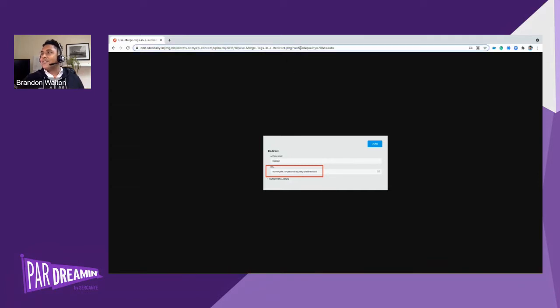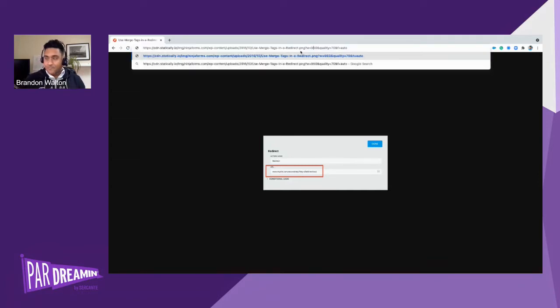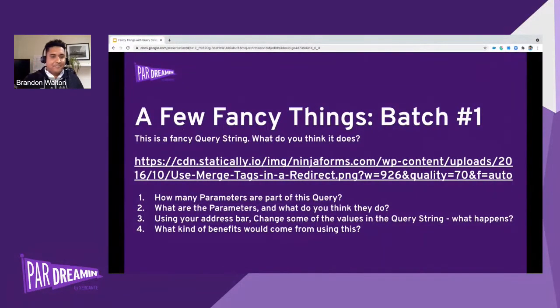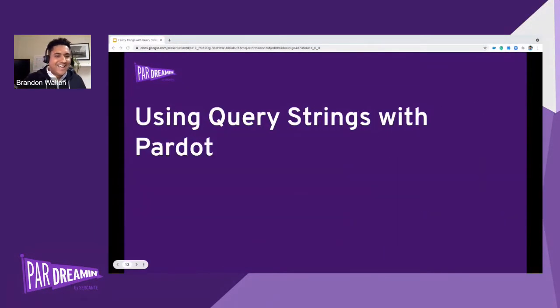Also, what I like about this one, and why I wanted to share it with you all, is that this is a Ninja Forms example on how to connect Ninja Forms with a query string based URL. The idea is you have a form that lives in Ninja Forms, and we want to send that information somewhere else. So a text box we're going to send over to this key value. Fun stuff. Moving ahead.